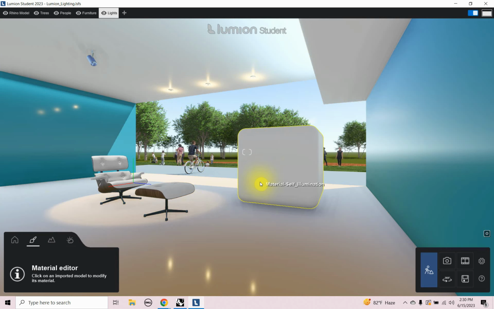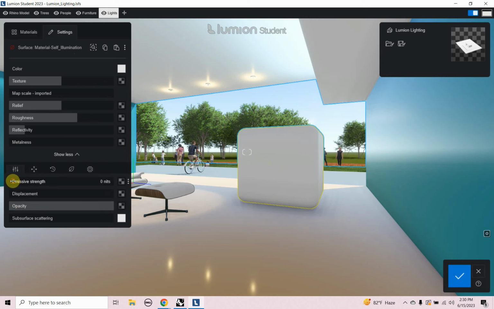So I'm going to click on self-illumination. And I'm going to go to settings. And down at the bottom there's something called emissive strength. And I'm going to, you see that brightening up there. And now if I just click on the check mark and go back to weather,